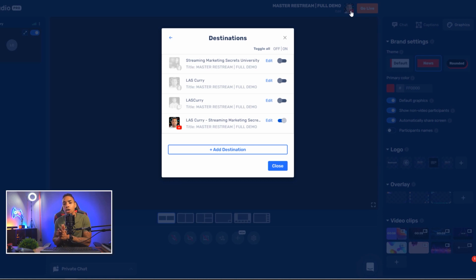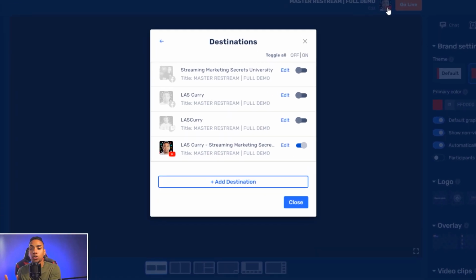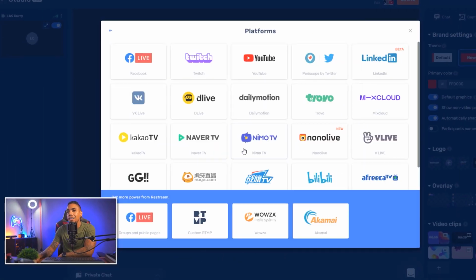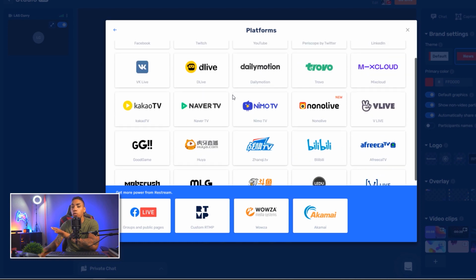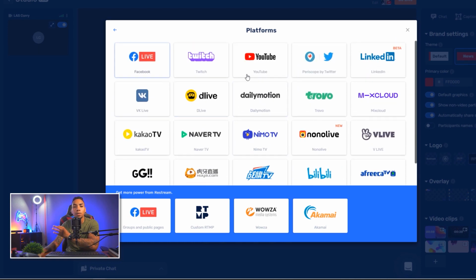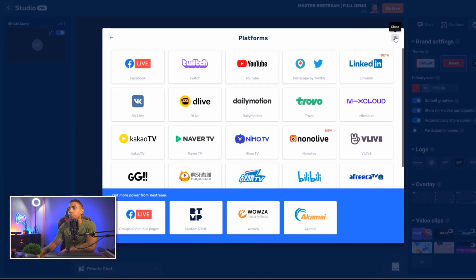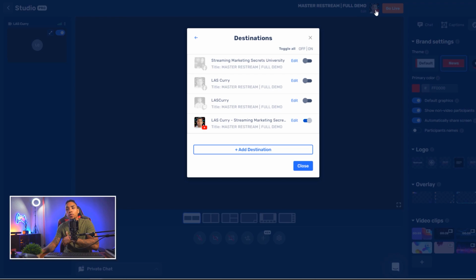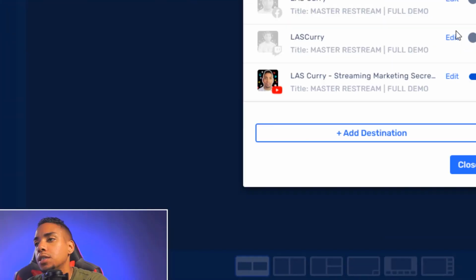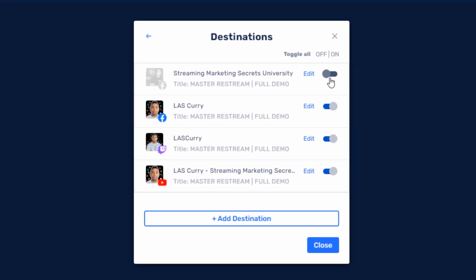Now, right out of the gate, you may not have any destinations available to you, so you can simply click add destination, and you're going to see that you have the options to be able to stream to all these platforms. So you select the platform that you want to go ahead and utilize, get logged in, give authentication, and then you'll have that platform here available to you. Now, one of the beautiful things with Restream is that you can stream to multiple platforms at the same time without any lag or any kind of strain on your computer, simply by just toggling on which platforms you want